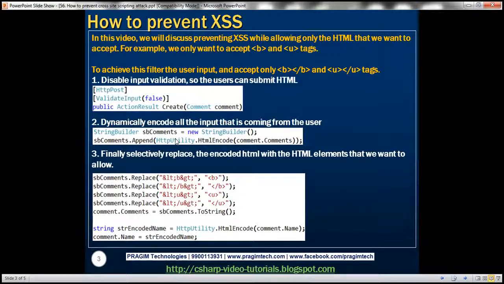But what is our requirement? We want to allow bold and underline tags. So the next step is to selectively replace the encoded HTML with the HTML elements that we want to allow. What are the HTML elements that we want to allow? Bold and underline. So this is the encoded HTML for bold tag. So ampersand LT semicolon. LT stands for less than, GT stands for greater than. So ampersand LT semicolon, that is the encoded